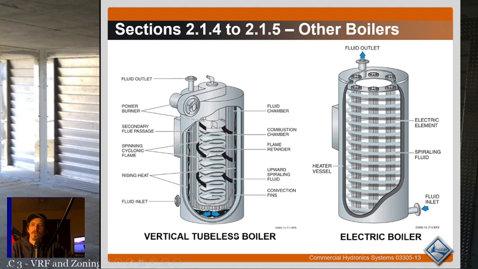Other boilers. Vertical tubeless boiler. So this is a vertical section. I've seen these a few times. And then your electric boilers. So there are just other ways to do it. With the electric, here are your elements. With the vertical tubeless boiler, you'll have a fluid chamber, and a combustion chamber over here in the middle. Then the water kind of spirals around this section, going up through, and the fire basically passes right up through it. You see, these are usually really small little boilers,